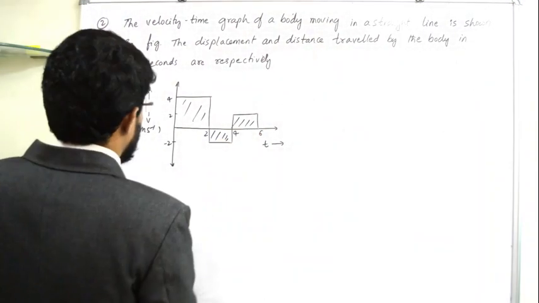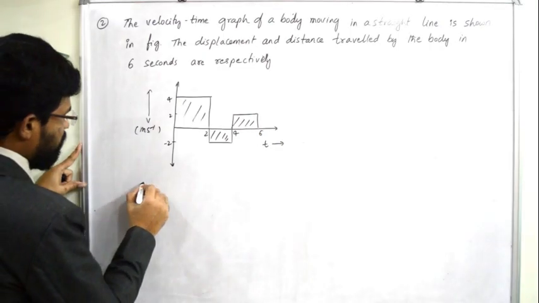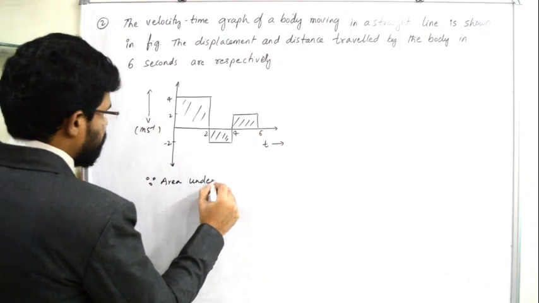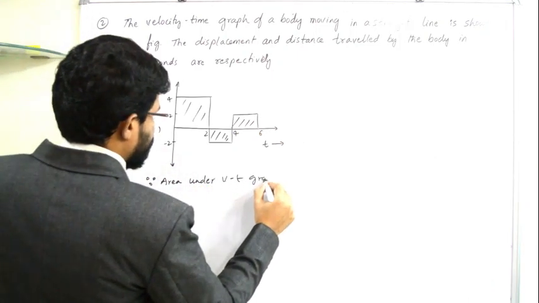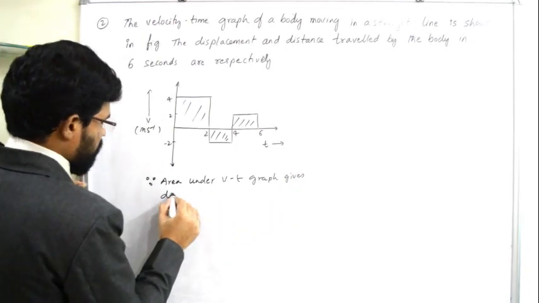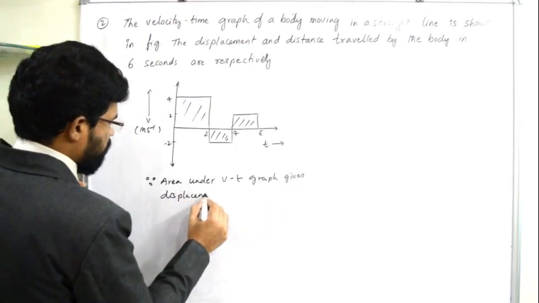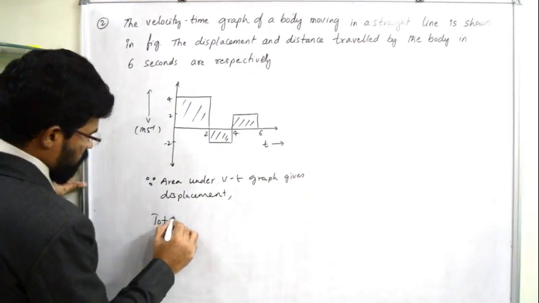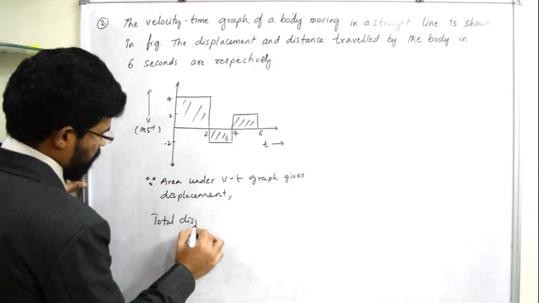Okay, so let us first calculate the area. Since the area under the VT graph gives displacement, total displacement